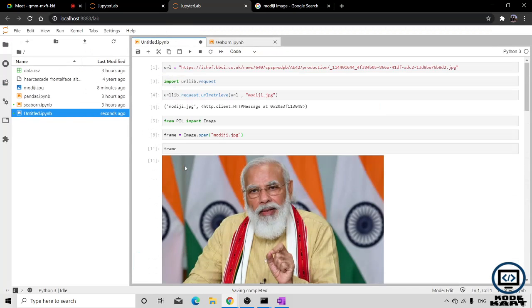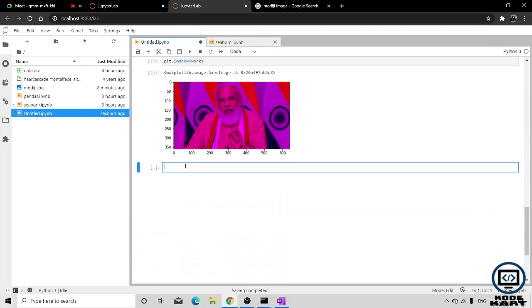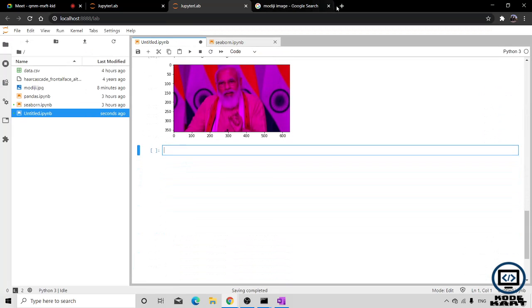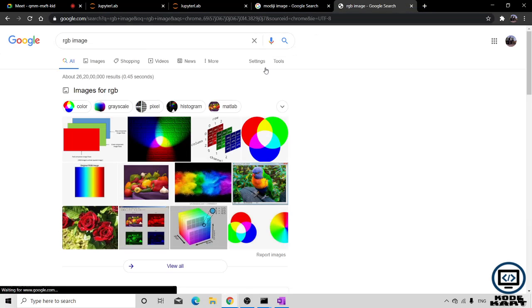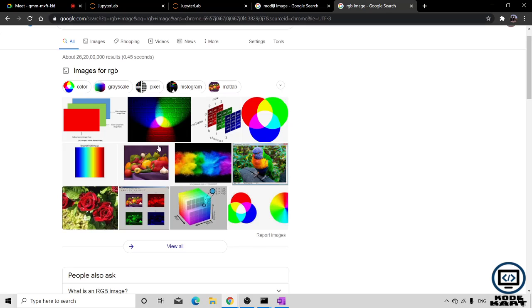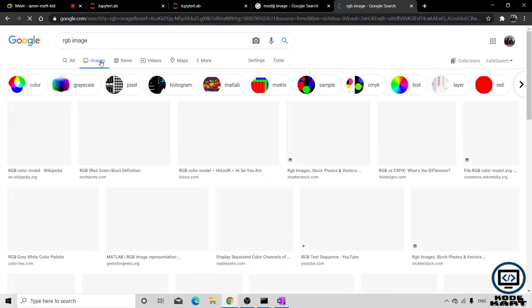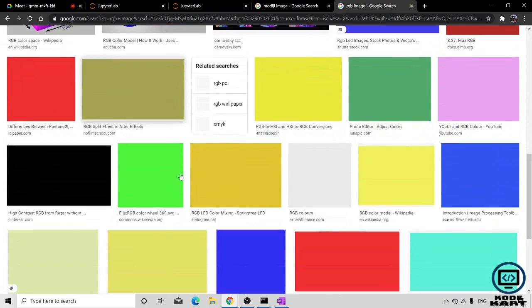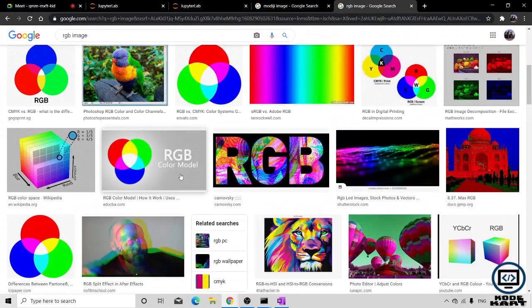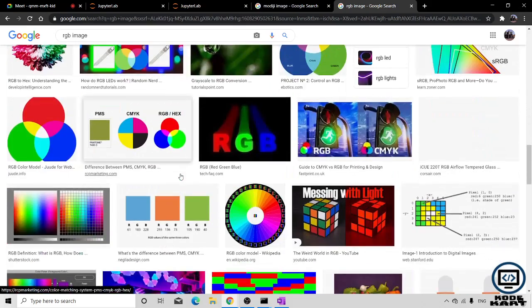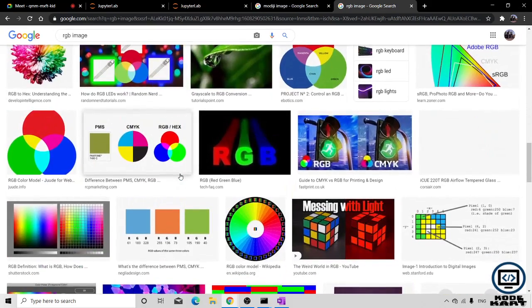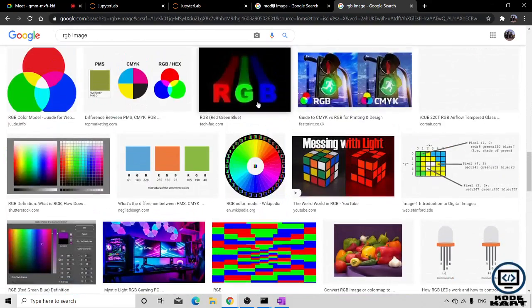Now let's move forward and understand this concept with the help of an RGB image. You will Google and find an RGB image. Let's take one; this image is looking good.